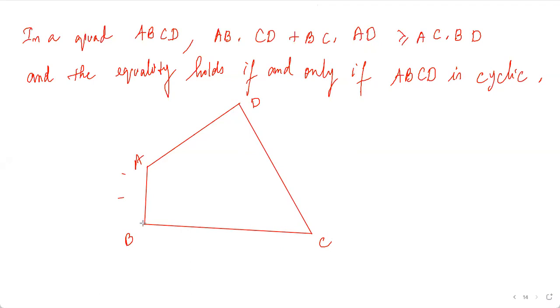So suppose this is my quadrilateral ABCD. Now the idea of the proof is that, first try to understand that it's talking about AB times CD. So the sum of the products of two opposite sides is greater than or equal to the product of the diagonals. So now the idea is that you choose a point P